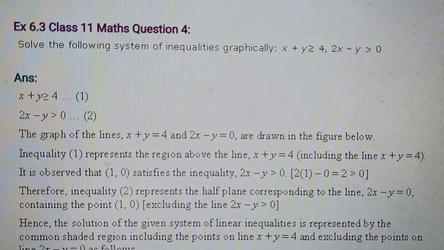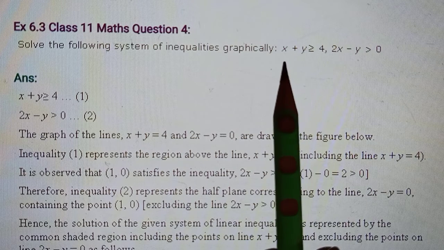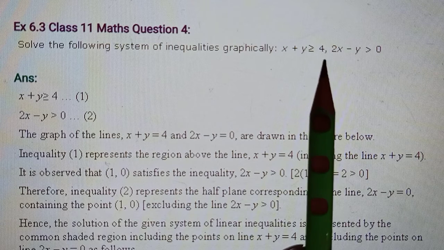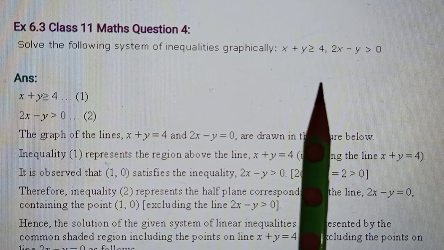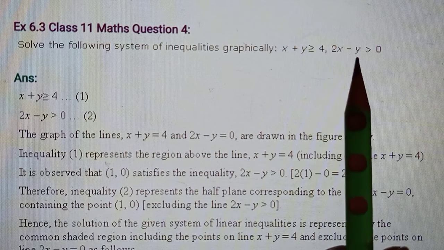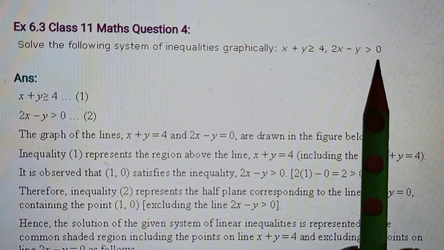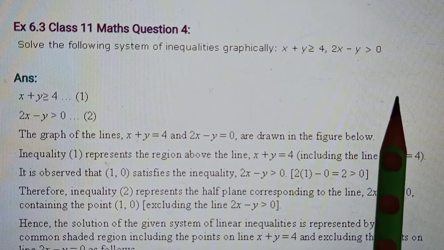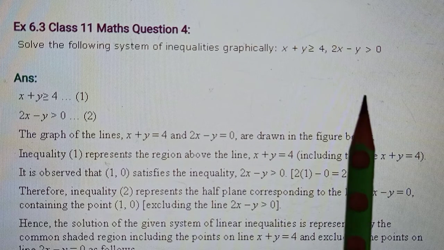Now example 4, you see question number 4, children. Okay, in this the inequality is given to you. Now see, there are two specific things to be noted here. X plus y is greater than or equal to 4. Okay, these are the kind of inequalities we had in above questions also. Another one is 2x minus y is greater than or equal to 0. Just now I told you कि अगर equal to sign भी आता है, then हमारा जो line बनती है, that is a complete line, proper line.